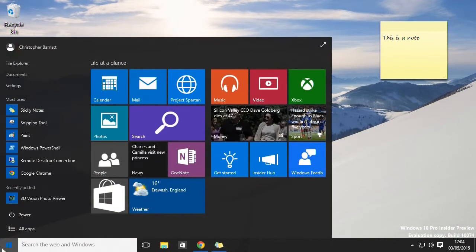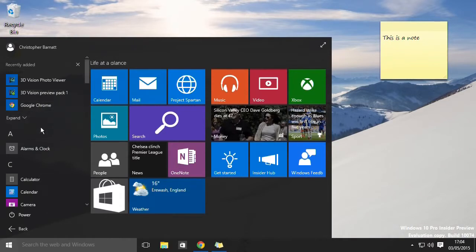We have a start menu which, as you can see, is a sort of hybrid. Here we've got the ability to run programs from the start menu. You might say, well, what's so amazing about that? Well, of course we couldn't back in Windows 8. But now we can on Windows 10. We can look at recent applications, we can look at all applications and run them from this list as we